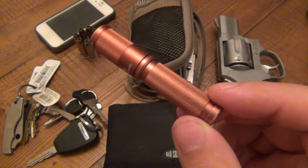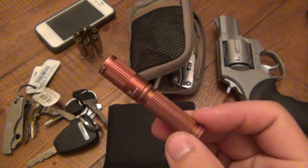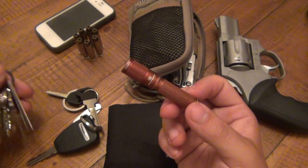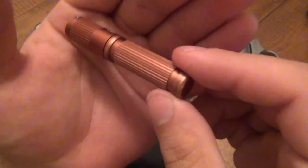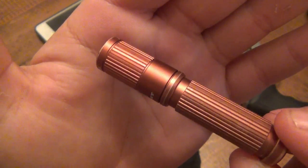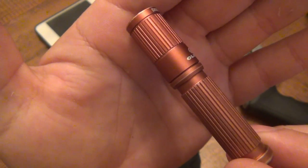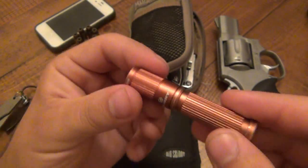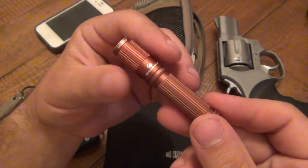This is the Going Gear version, the limited edition color. This resided on my keys for a very long time and worked out great. You can see a little bit of the discoloration, just from banging around a little bit, but the anodization has held up fairly well considering all the banging around it's gotten. Fantastic little flashlight. I love the thing,